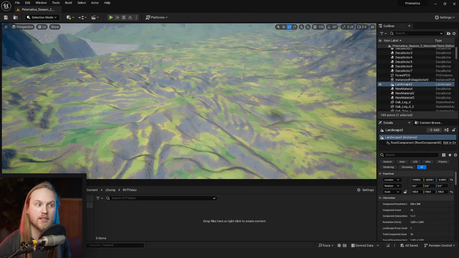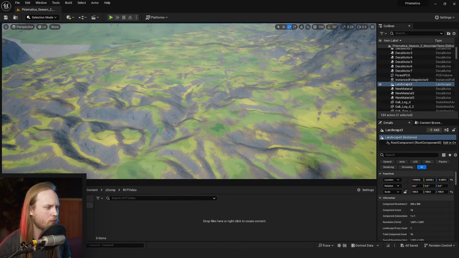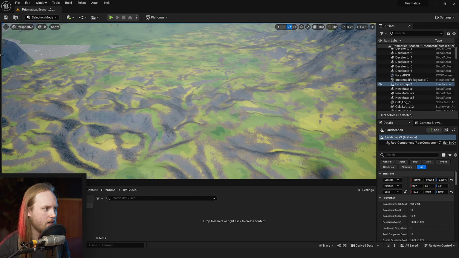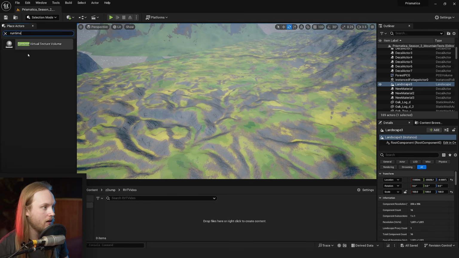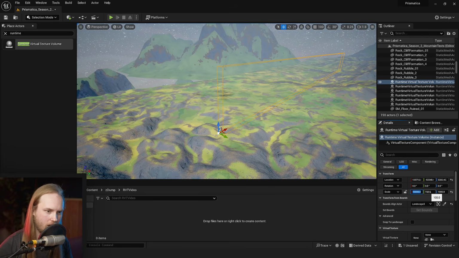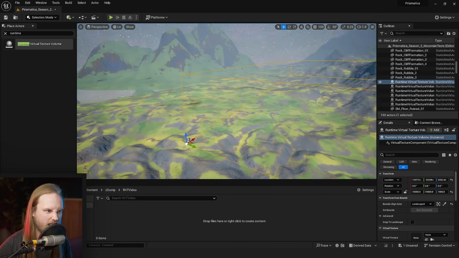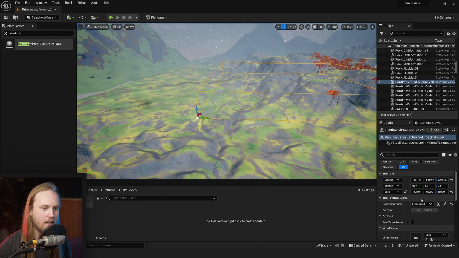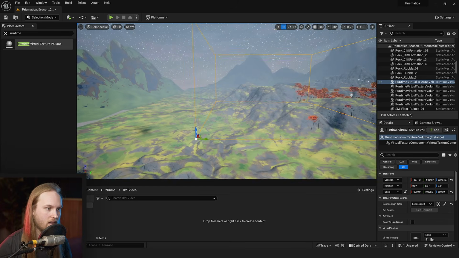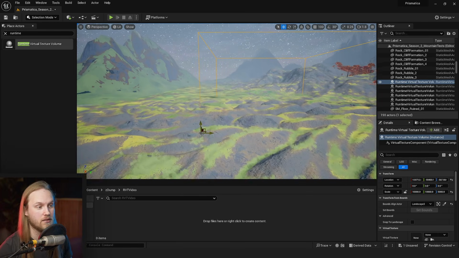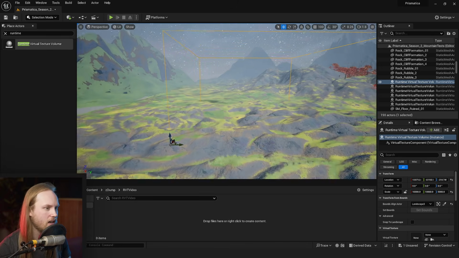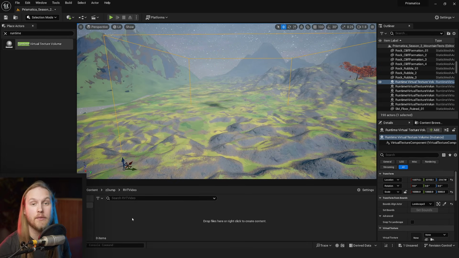So, what is a runtime virtual texture? Well, a runtime virtual texture is essentially one big volume. So if we look up runtime virtual texture volume, we're going to scale this up to like 10,000, why not? And anything in this volume is going to be interacting with the runtime virtual texture if it is assigned to do so. So if we just chuck it down here, we're going to make a new RVT by going into